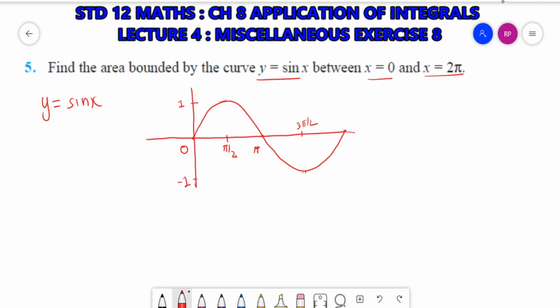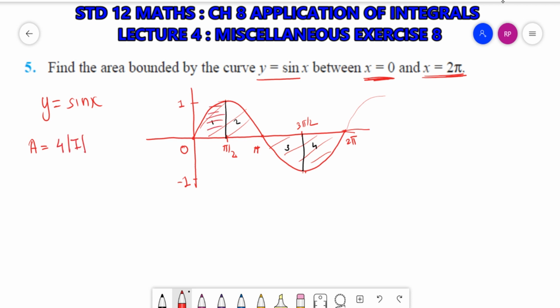The value of sine x at 2 pi is 0. Okay, so if you want to move further, it can be like this also. But for the region bounded, we only want x equal to 0 to x equal to 2 pi. So this is the region. Now what we can do, we can see here the symmetric part. 1, 2, 3, 4. All these 4 parts are symmetric and have equal area. So we can find out the area of only one part and multiply it by 4. Okay, let's start. A is equal to 4 times modulus of I.